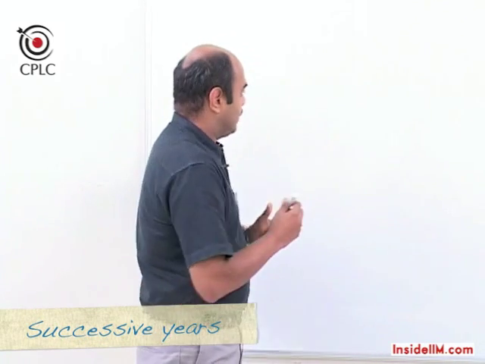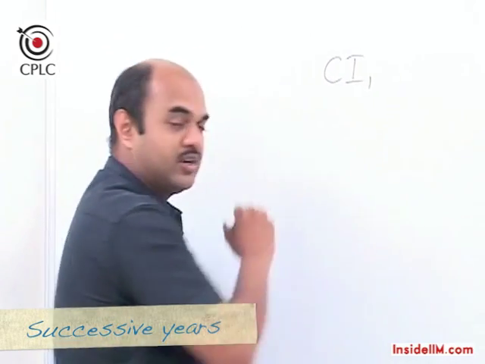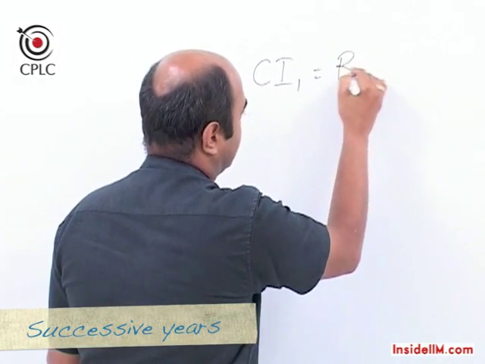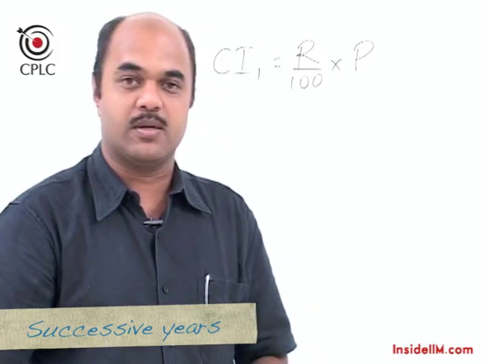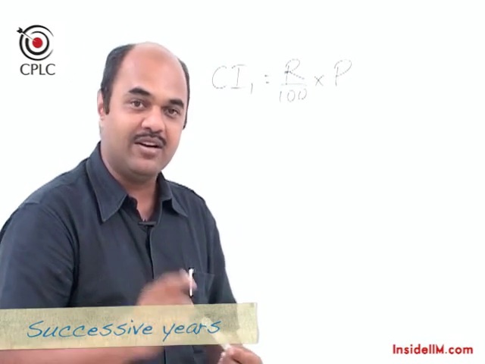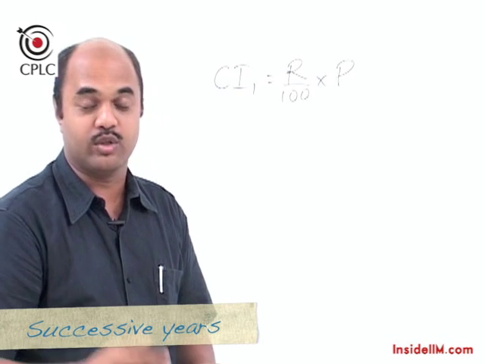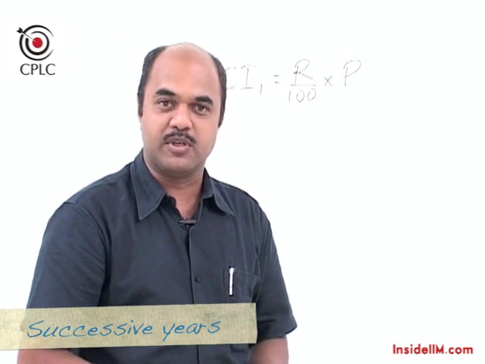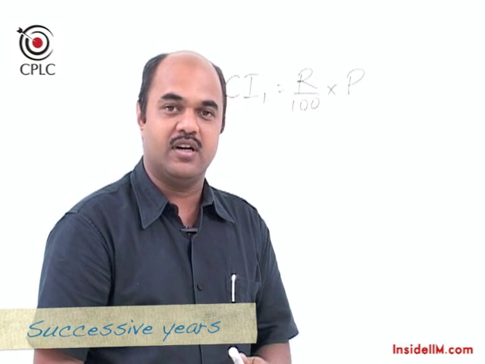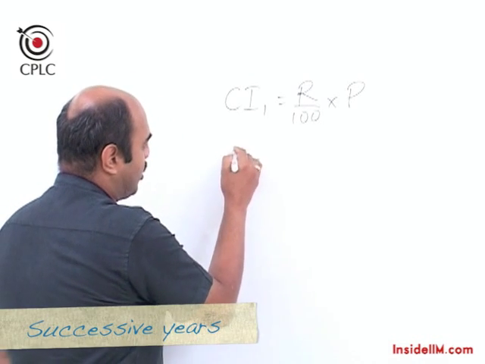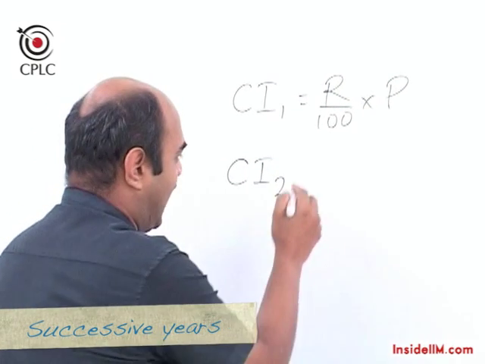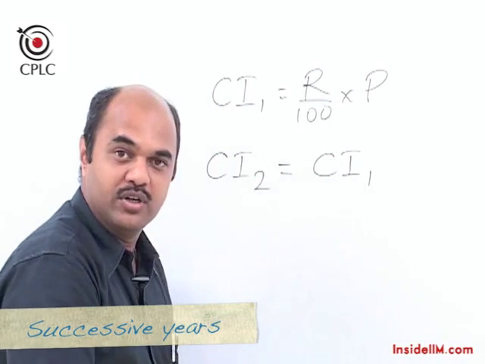Let's move on to a new concept, which is the difference between the compound interest in any 2 successive years. Let's understand something very basic. Compound interest in the first year would be calculated as R% of the principal. Now we've already discussed the basic concept of compound interest, which means that the interest which is calculated in the first year or the first time period gets added back to the principal, and the second time period interest is calculated on the new principal, and hence compound interest in year 2 would actually be the first year's compound interest